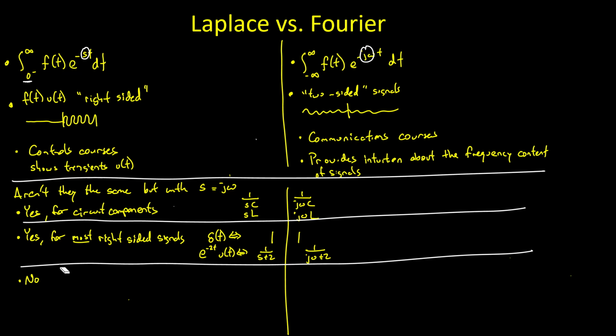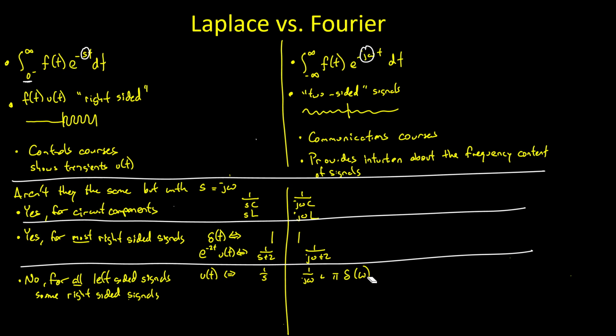However, they are different for all left-sided signals and for some right-sided ones, specifically u of t. So let's go over these. Here's our u of t. This is the only right-sided function that I'm aware of that has a different Laplace and Fourier transform. Its Laplace transform is 1 over s, but its Fourier transform is 1 over j omega, which looks the same, but then